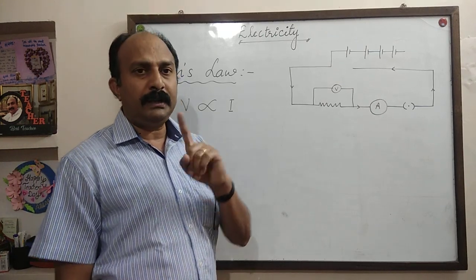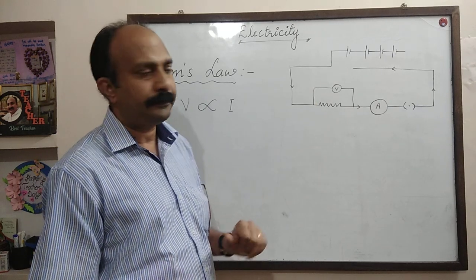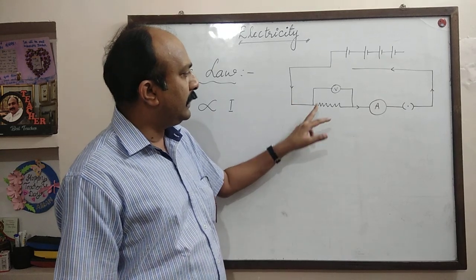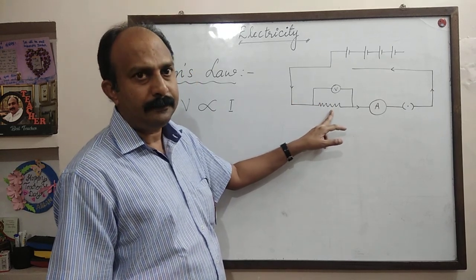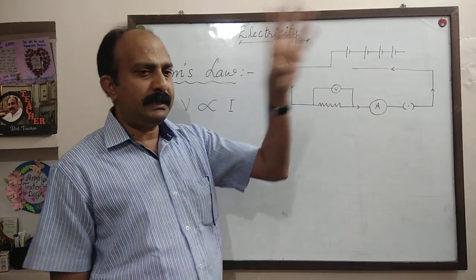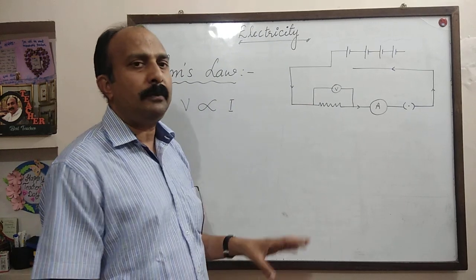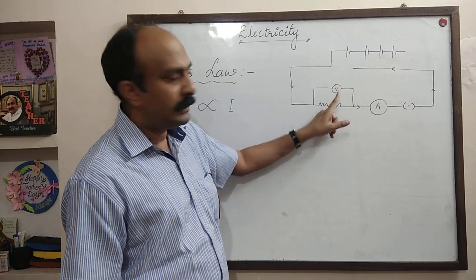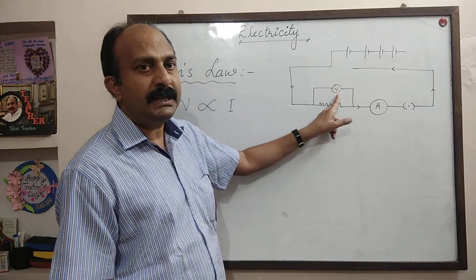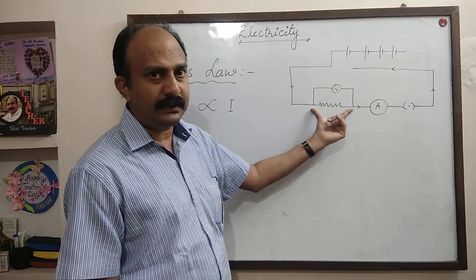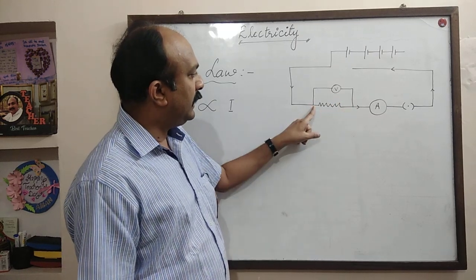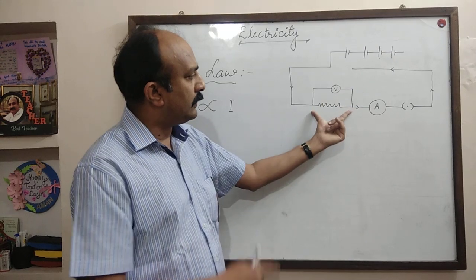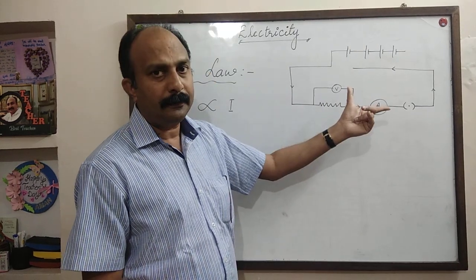In order to study and verify this Ohm's law, there is an activity. All of you look at this circuit diagram. In this circuit diagram, I have taken a resistance. I told you, a resistance means any device that is commonly used in an electric circuit is a resistor. And a voltmeter is connected there. Voltmeter measures the potential difference across the two ends of this wire. So this wire, this is one point and this is the other point. This voltmeter will measure the potential difference across these two points of this wire.